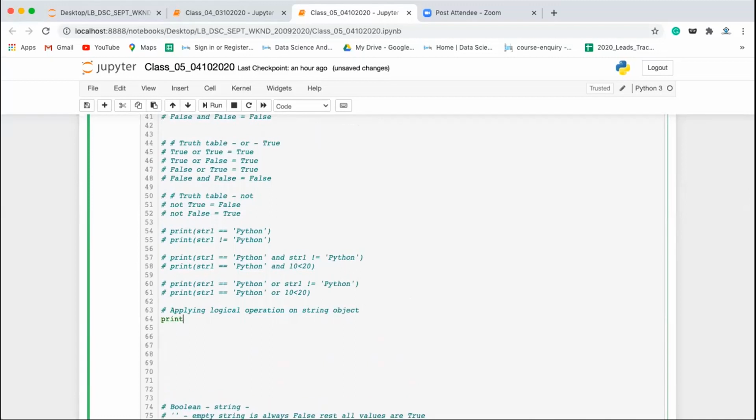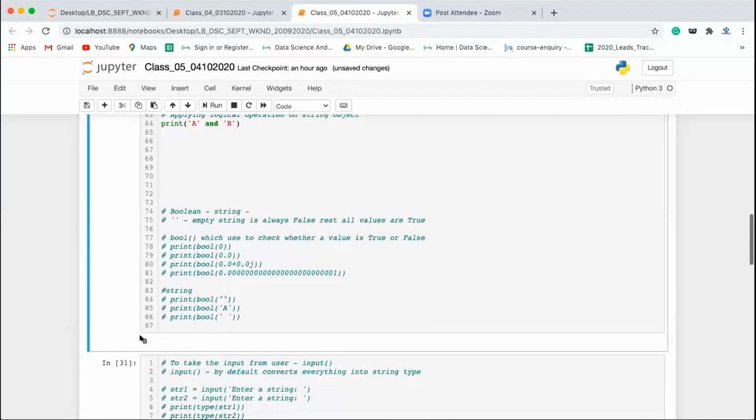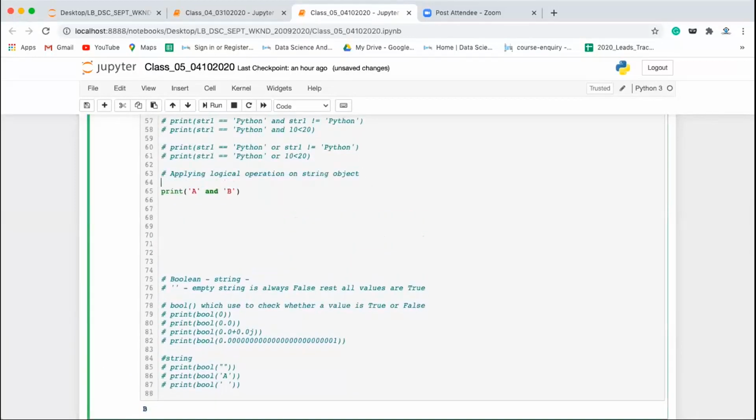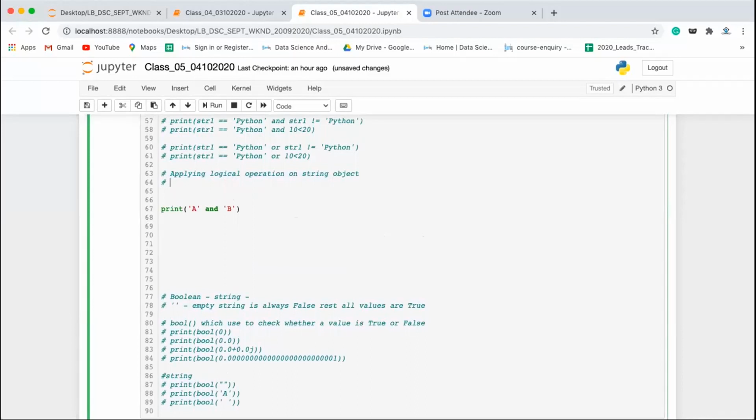So let's say we have A and B. Can anyone tell me what the output will be? It's false. True. It'll be true. We are getting B. Okay, why is that happening? Yes. Whenever you write a value, you don't write an expression which is getting evaluated as true or